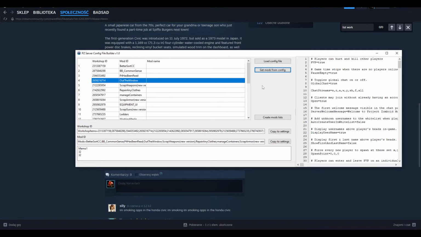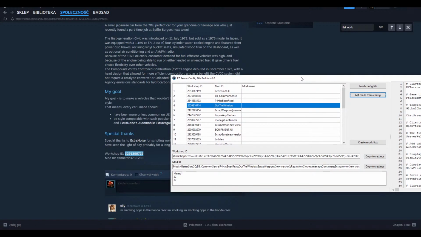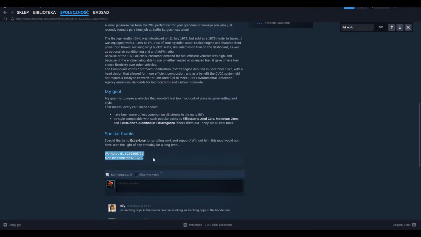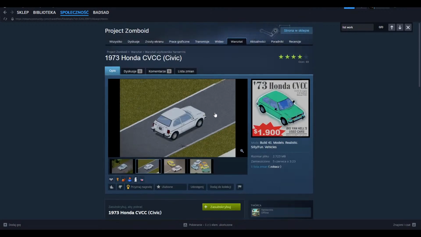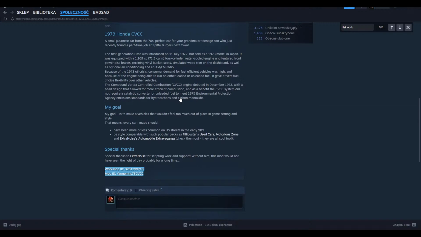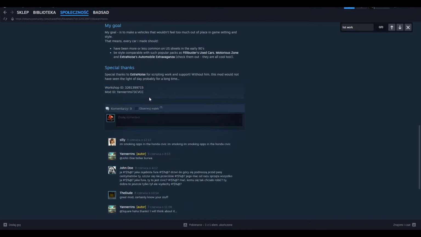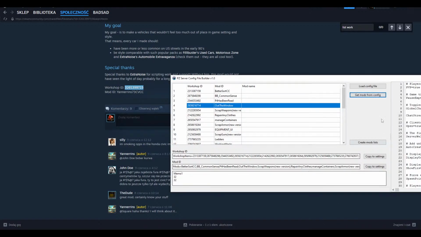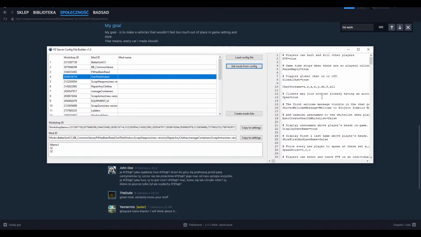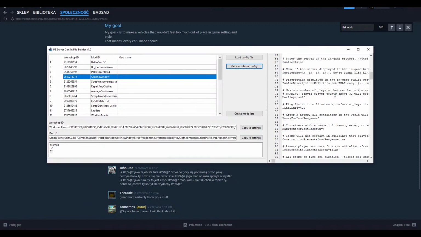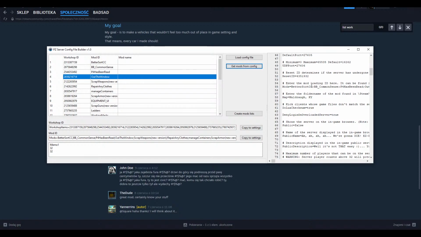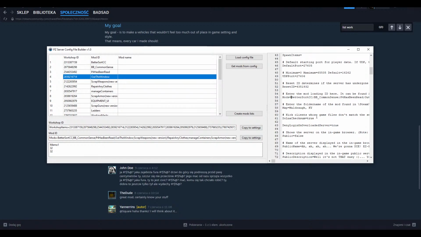But what I will be working on now, I want the easy way to get this. For example, I'm looking for a mod, browsing. Oh, that Honda Civic looks great. It would be a great addition for the server. So now I need to copy that number, copy that, go to my config ini file, the server ini, find the proper line for it,